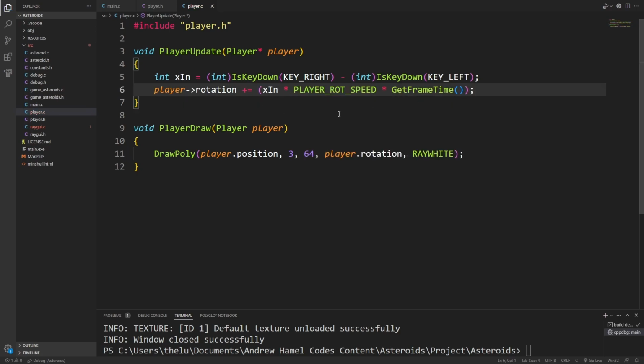In player update, since I'm using C, I can actually cast booleans to integers. So I can take the difference between these two integers. This will be 1 when we're pressing right and 0 when we're not. Same thing for this one: 1 when we're pressing left and 0 when we're not. I get a 1 if we're pressing right, a -1 if we're pressing left, and a 0 if we're pressing both or neither. I can use that multiplied by the player rotation speed and times get frame time and modify